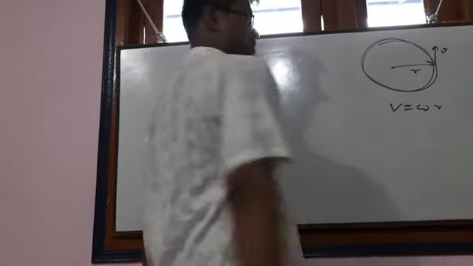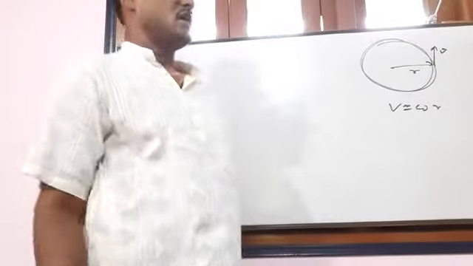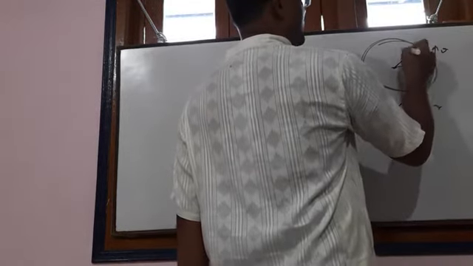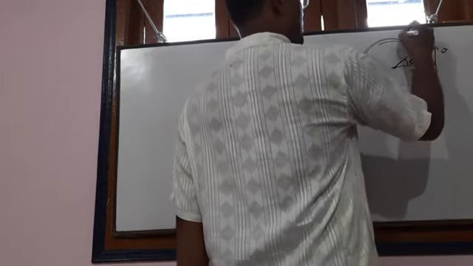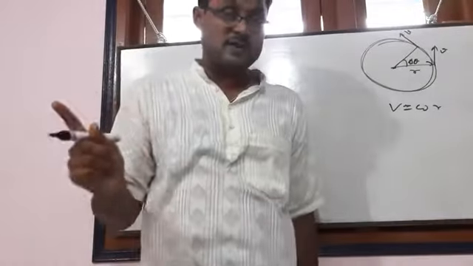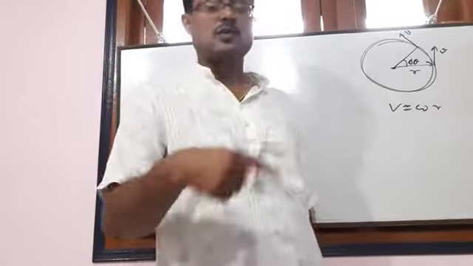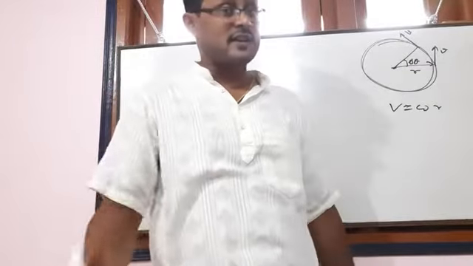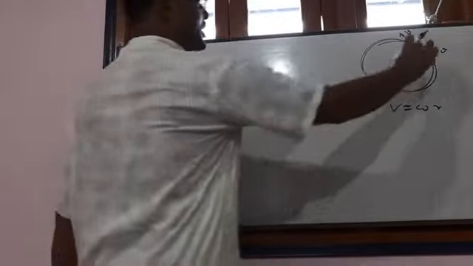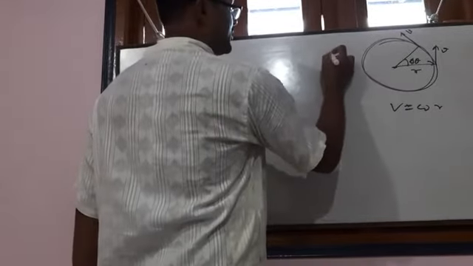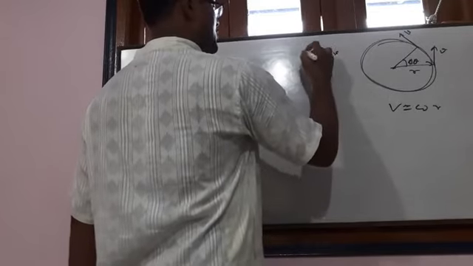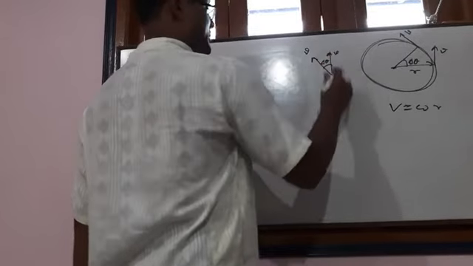this, v equal to omega r. Now when the particle turns through a small angle, delta theta, then the velocity becomes this. The magnitude remains the same, as I said, uniform circular motion, but the direction changes. So what is the change of the velocity? We can shift the vector here parallelly, and this is turned through angle delta theta.